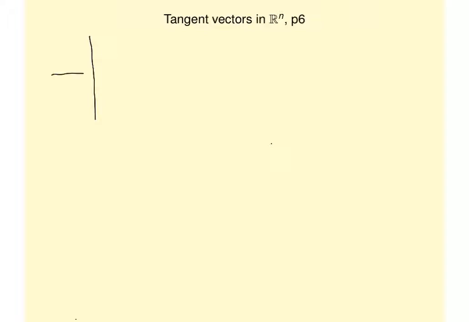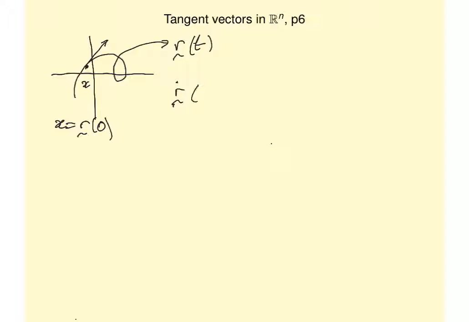So if I go back to my original diagram and think of some parameterized curve r(t), passing through some particular point x, and there's its tangent vector, then let's say that that's t equals 0. Let's say that x is equal to r of 0. Then the derivative of r at 0 will be,